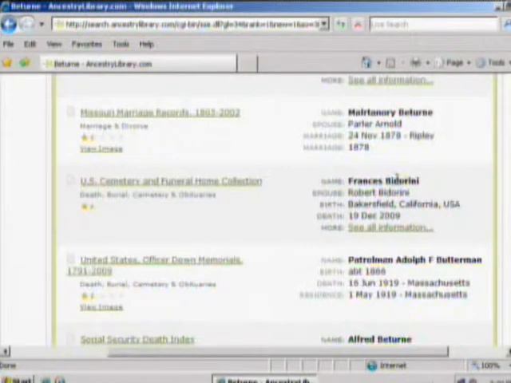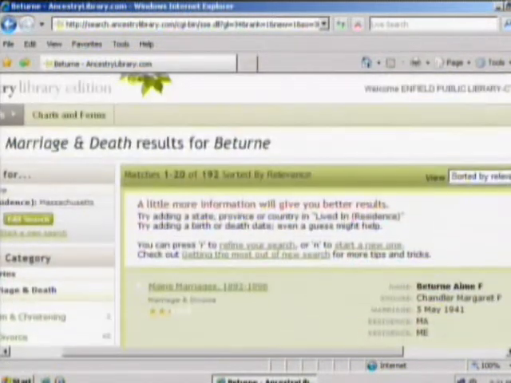And you can also see that a lot of the names that are coming up aren't necessarily Bitern. That's because Ancestry Library Edition has a built-in Soundex, and it's already searching on names that are spelled like or sound like Bitern. So while I don't think this is a relative, it could very well be, in that there were mistakes made in census records, there were mistakes made on vital statistics records, and frankly a lot of the names are spelled alike and sound alike, and for that reason they're listed here in a search on Bitern.